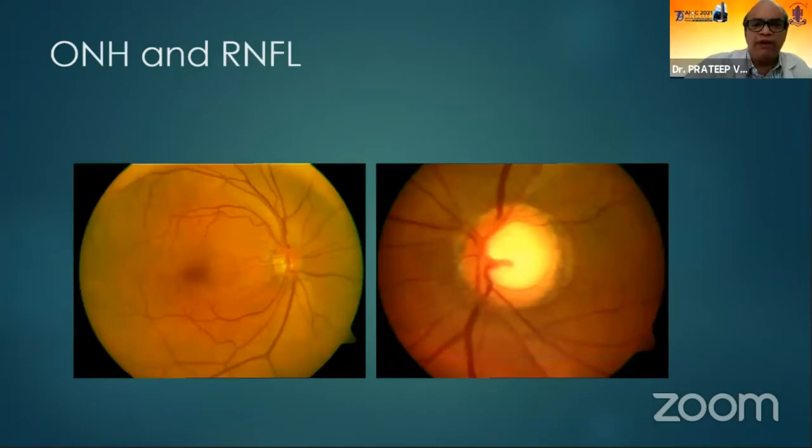But in our practice, some have a large disc, some have a small disc, but most of us have a normal size of the disc. If somebody has a large size disc, then obviously he would be having a large cup, and that would be erroneously diagnosed as a glaucoma. But it's not a glaucoma; it's a disc suspect. And if you have a small disc like this, then obviously, if somebody has a glaucoma, you have a tendency to miss the glaucoma.